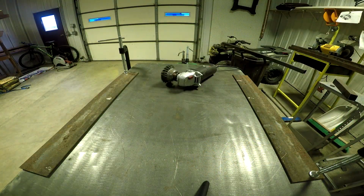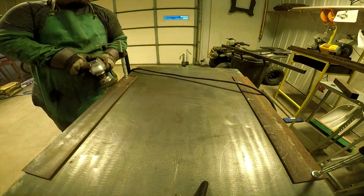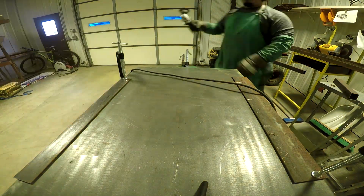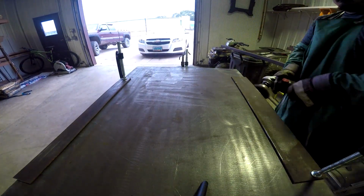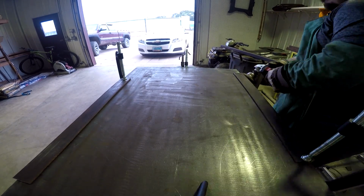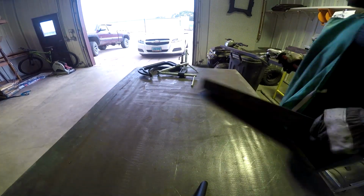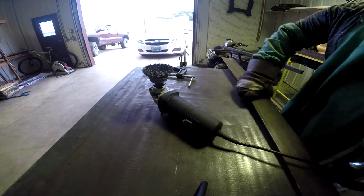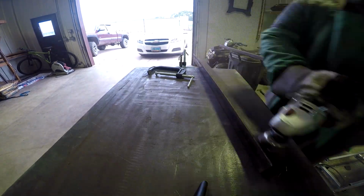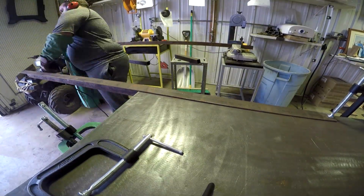Now you can see me. I got them mounted on the workbench so I can clean off all the rust. They've been sitting in Dad's yard for a matter of years, but it's still surface rust. You can see I opened the door. I really should have had some masks on, but it was starting to fill up. The rust, the dust, the fumes, all that crap was starting to fill up in the garage, and I felt pretty dumb after looking at and editing this video. I look really stupid, but